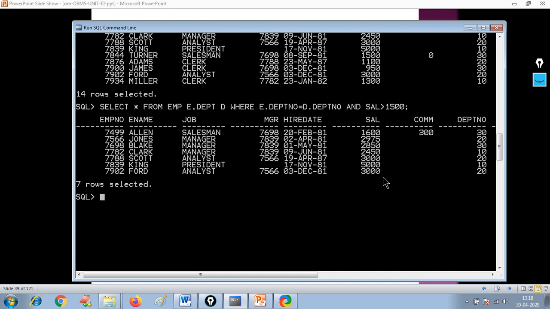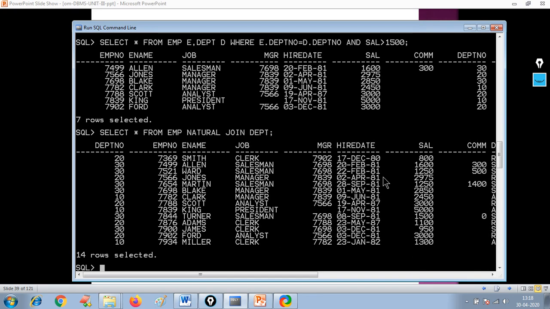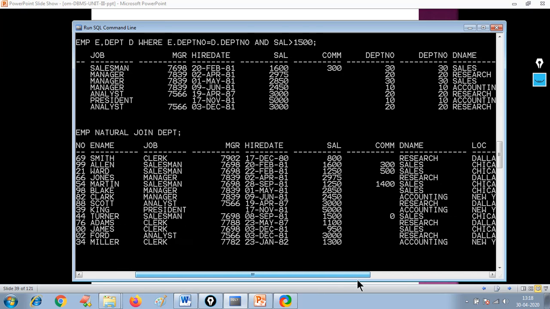So how to implement that in SQL? It's very simple. Select asterisk from EMP natural join DEPT. No need to specify any condition here. It will implicitly take the condition.